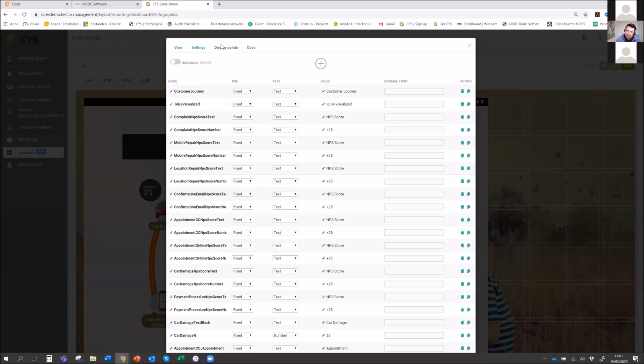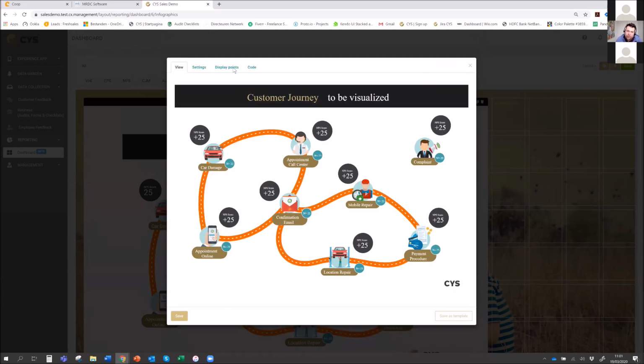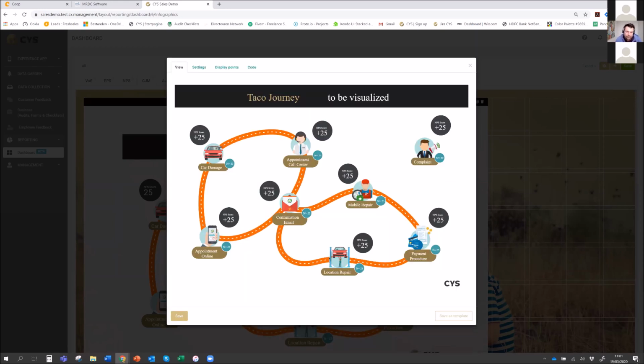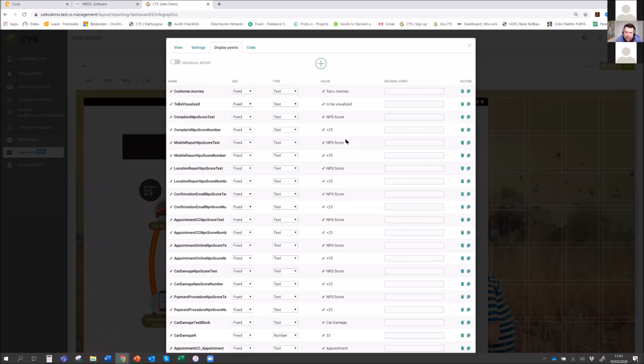What will happen then is you can connect the numbers, for example, in your infographic. You can just connect them to this. So in this example, you see customer journey standing here, but if I want to change this to Taco's journey, it is made flexible. And from this perspective, you can connect any piece of data to this that you have in your research. So for example, if you have this running and you will just want to switch it to a dynamic